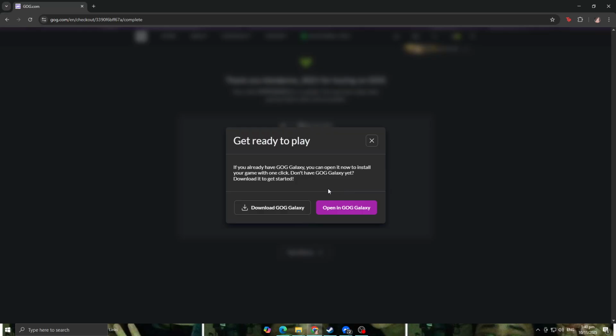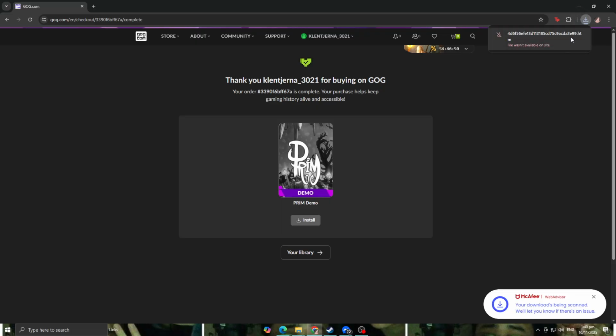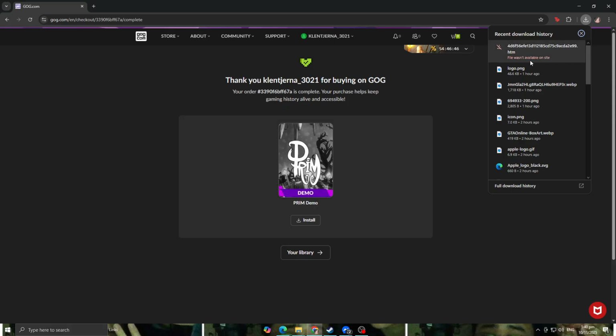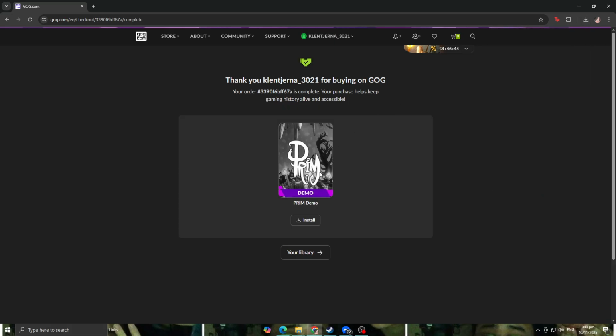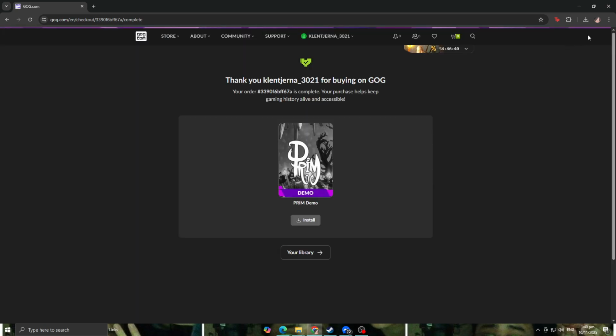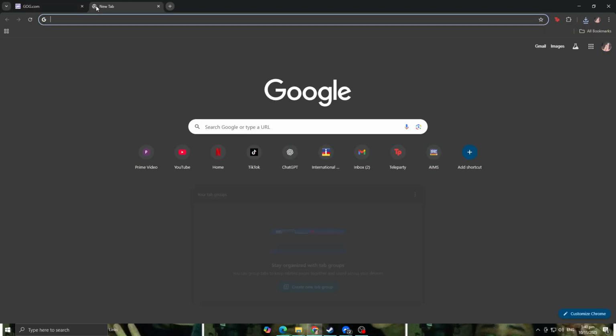So here we don't have GOG Galaxy yet. So now we're just going to open right here. As you can see, the file wasn't available on the site. So there's no available site. So we're just going to click again. There you go. As you can see, it's a little bit buggy, so we're just going to type it right there,